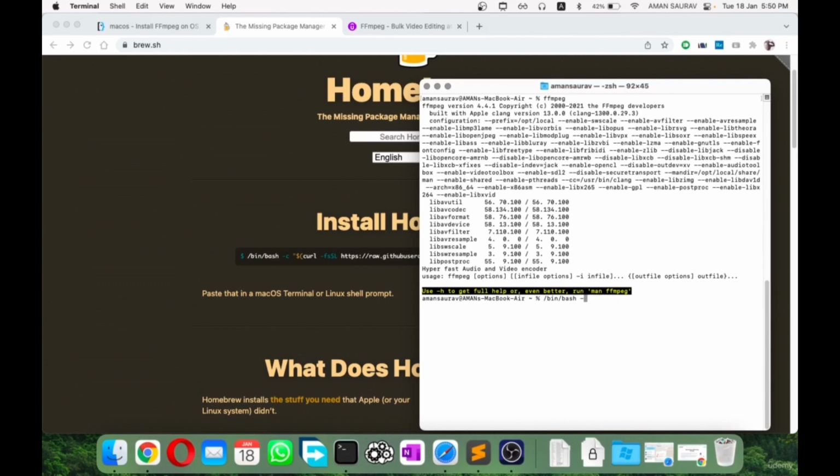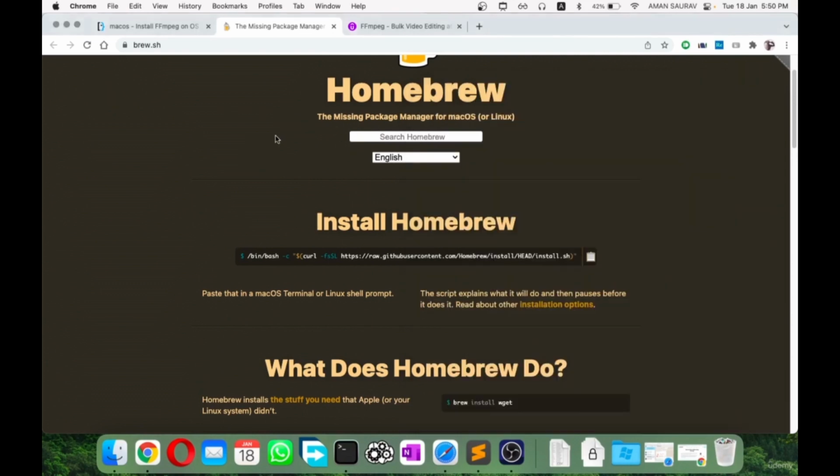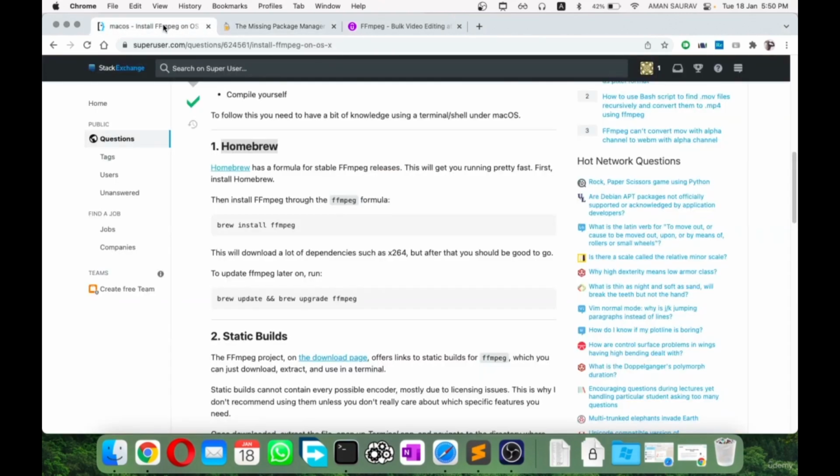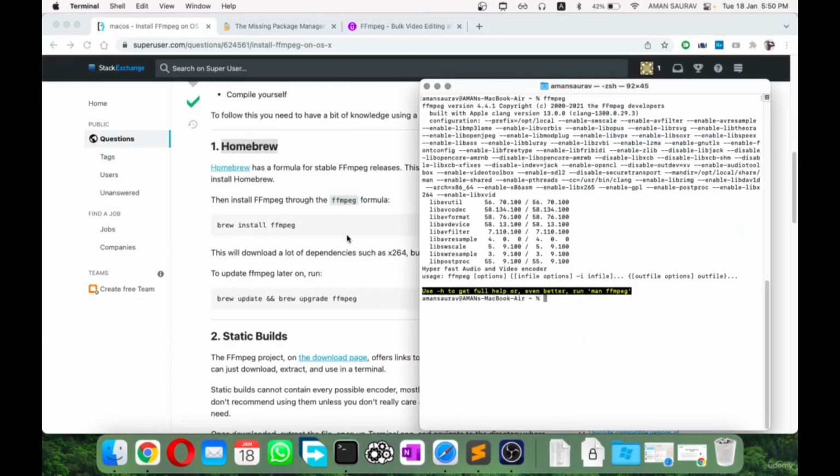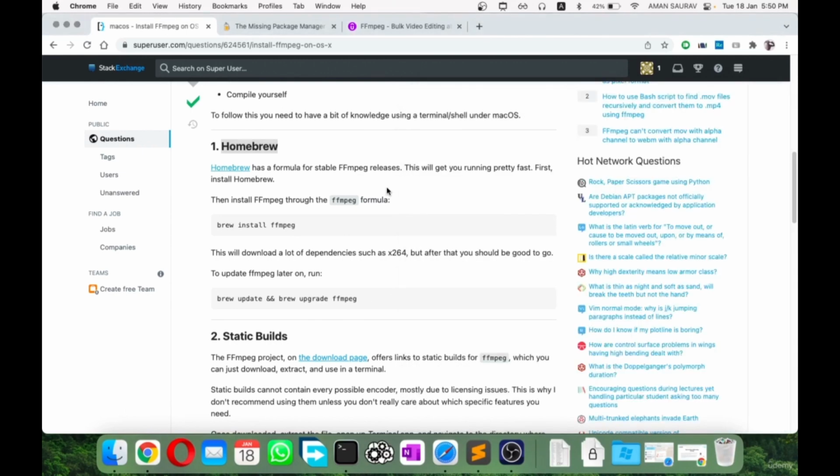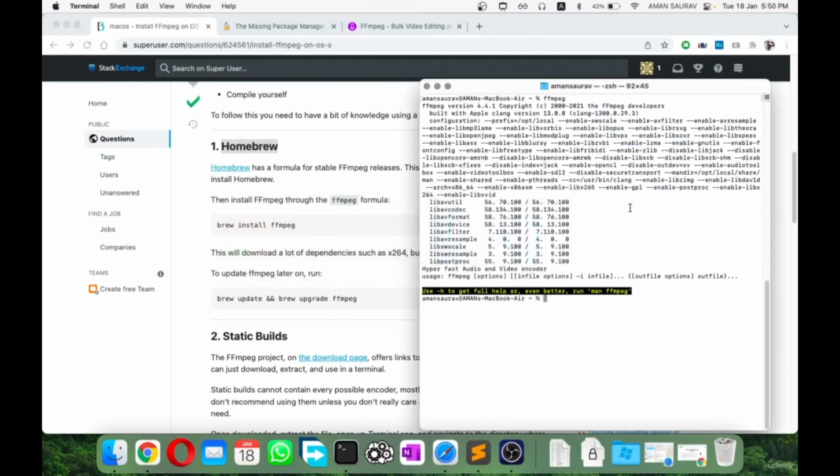So once you have Homebrew installed, you can go back to this and do brew install ffmpeg. That is right, brew install ffmpeg right here. It should work out. In case you don't know what a terminal is,